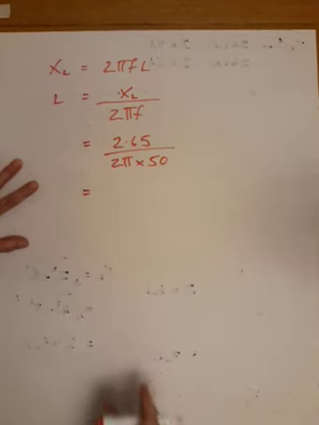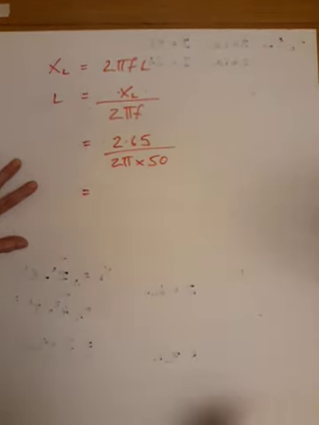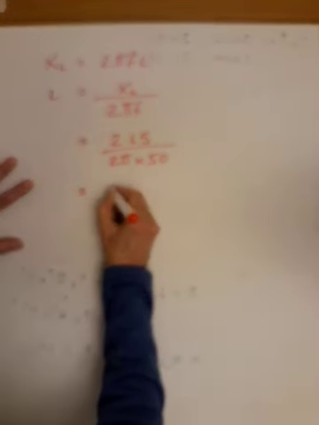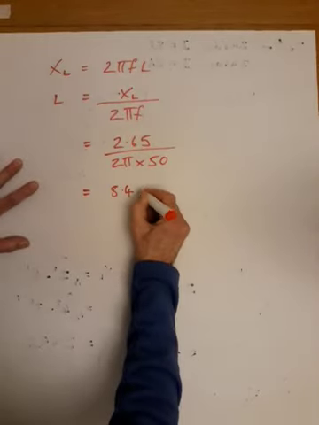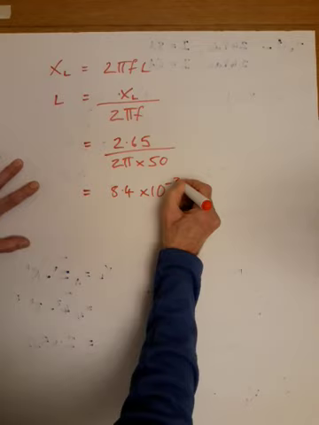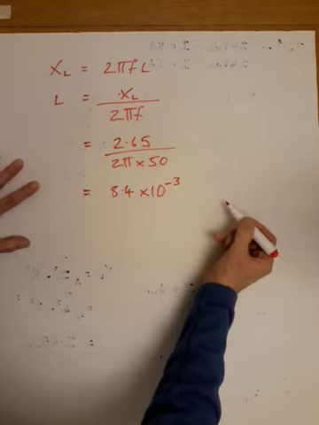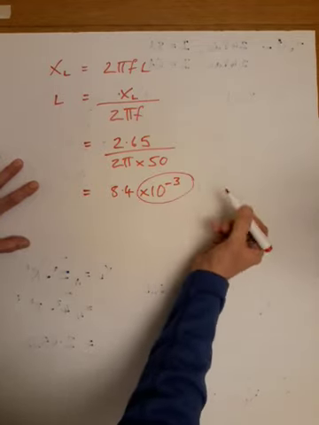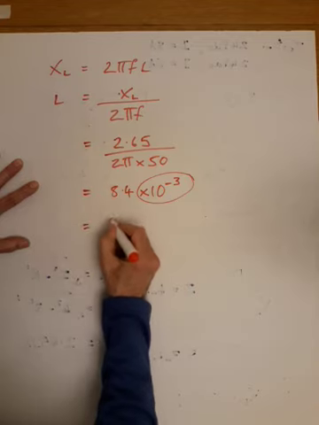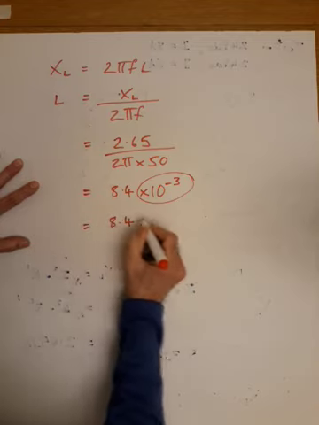And if you calculate that lot, the answer comes to 8.4 times 10 to the minus 3. So don't forget this bit, you can't ignore it, that is milli. 8.4